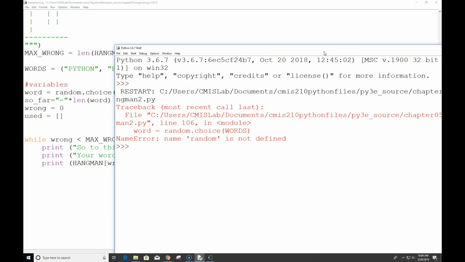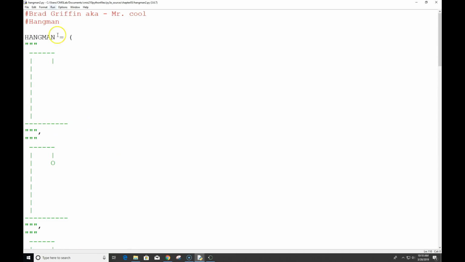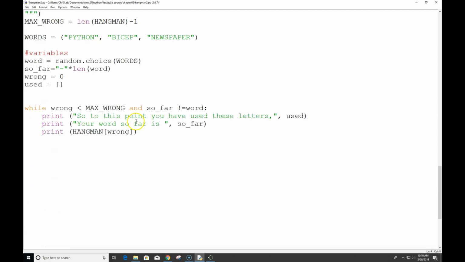What might that be? That looks right. It says random.choice. Oh. So somewhere up here at the beginning of our game, if we're going to use those random functions, we always need to import random. Now, why they don't have that as a default library, since so many things depend on it, I don't know. But now if I run that,